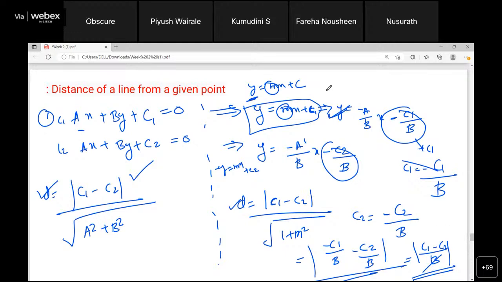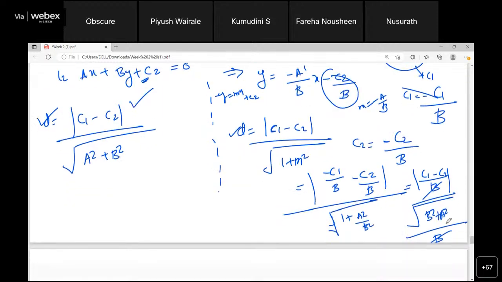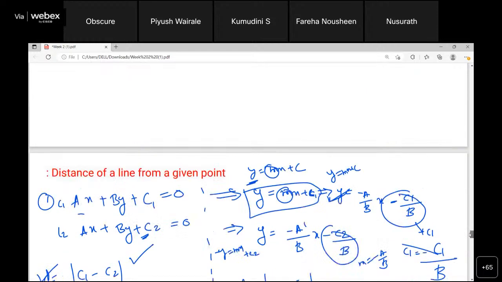So if you are given y equals mx plus c, you can use this formula because ultimately m is minus a by b, right? If we compare with this equation and put all these values, you will get the same equation here. I have done the same thing, right? C1 is equal to minus c upon... C1. What have you done in the last?